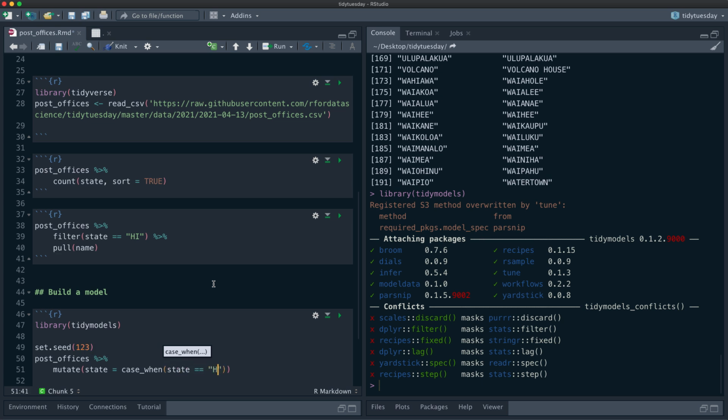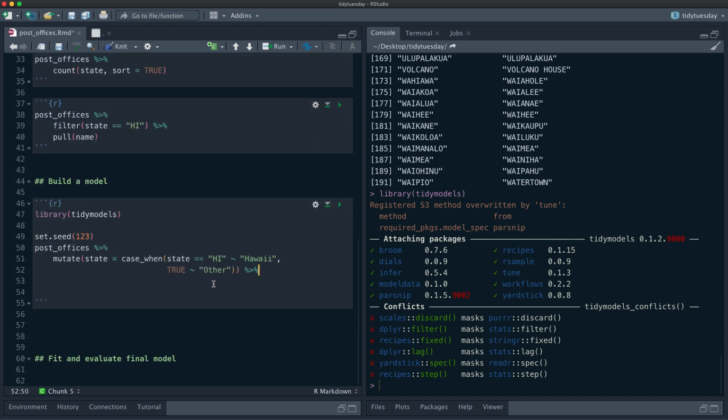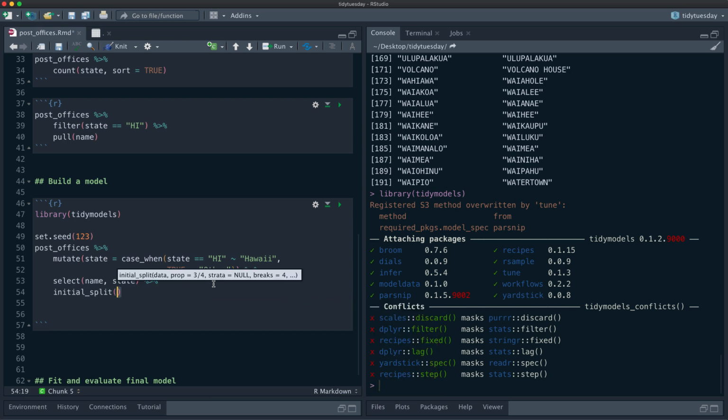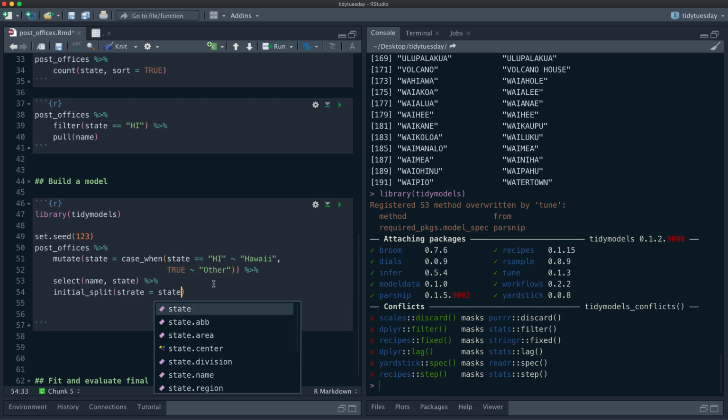So when state is Hawaii, it's called Hawaii. And then all the rest of the time, it's called other. So I'm making a new two-class variable, and I'm just going to select name and state, and these are my two variables. Then I'm going to do an initial split, and I'm going to stratify on state because